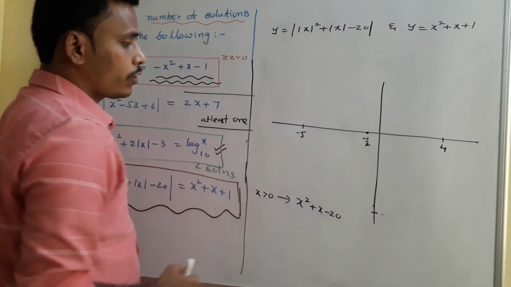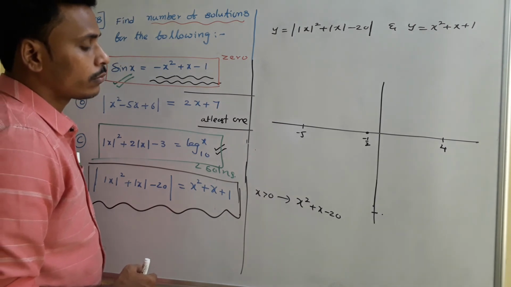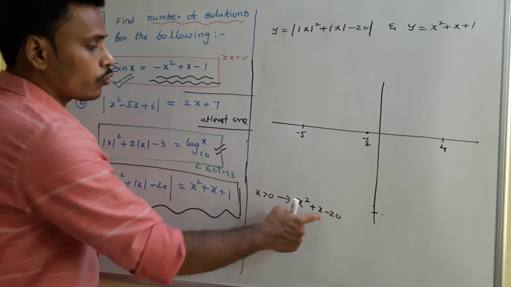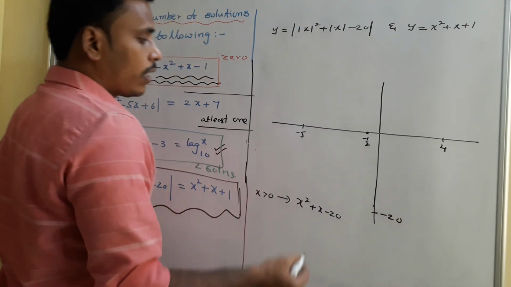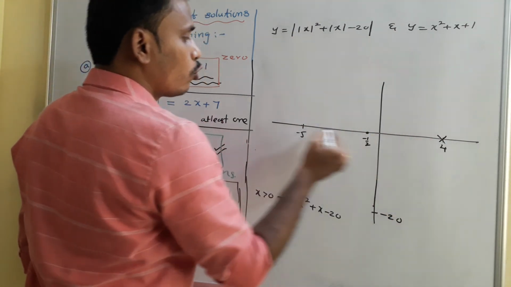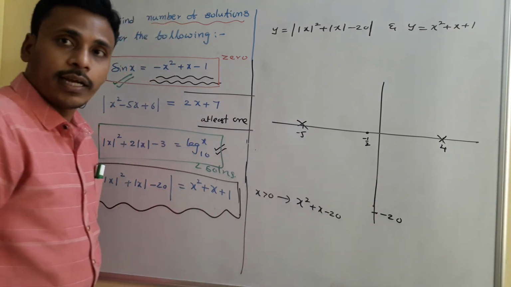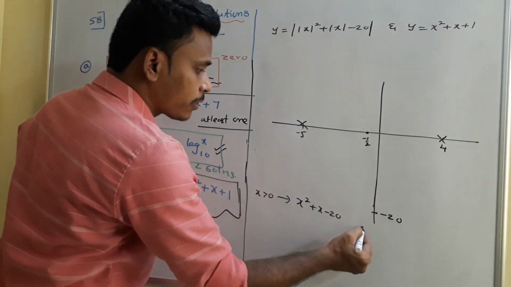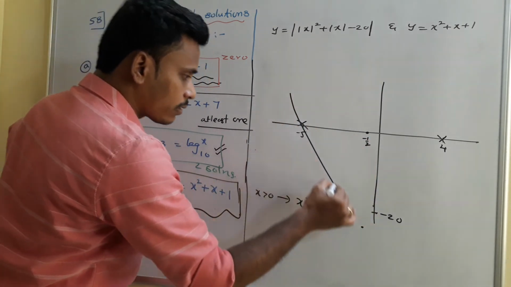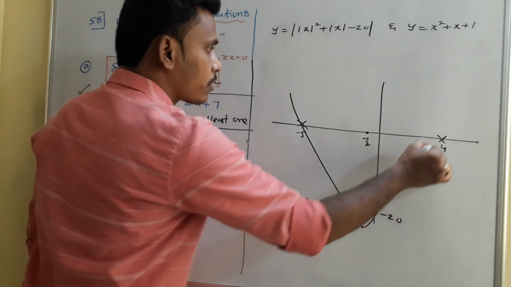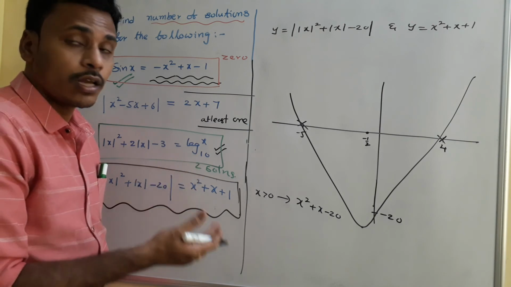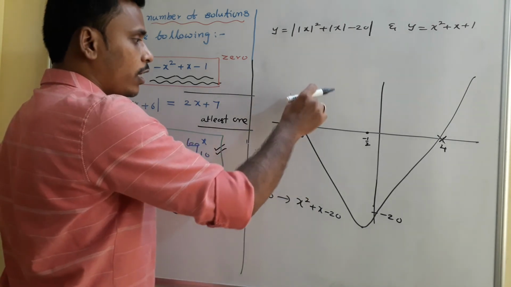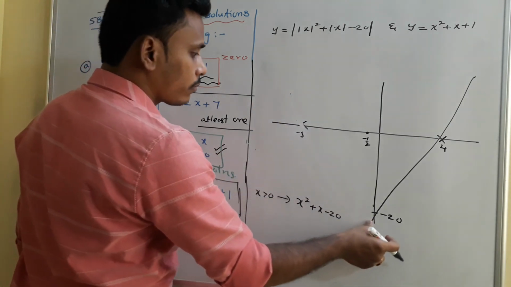When you replace x with 0, the value is minus 20. So the graph for sure passes through these two roots, as well as at minus 20, and at minus 1 by 2 it has a peak. So which all indicates that usually the graph may be like this. But we need the graph only in the positive region, not in the negative region. So that's why you just neglect everything.